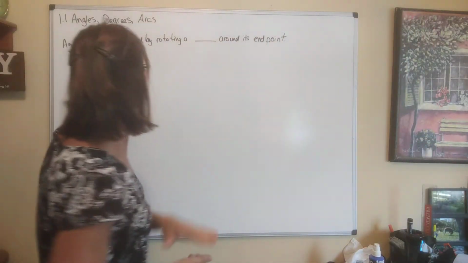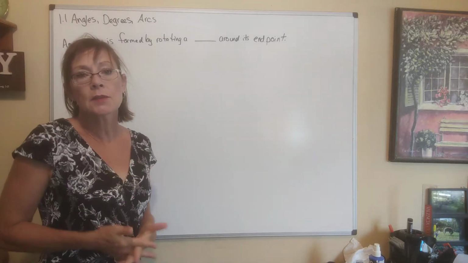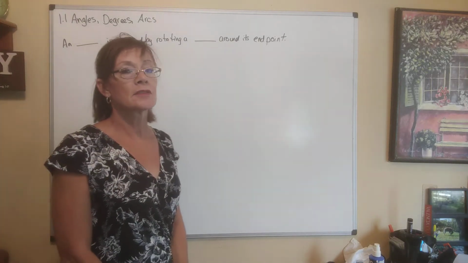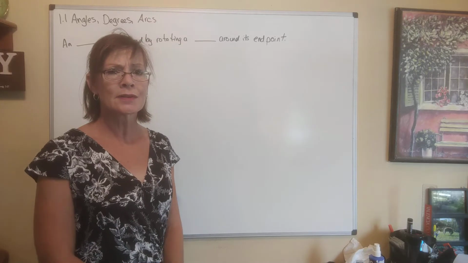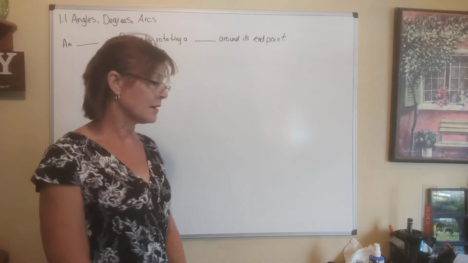Now we're ready for section 1.1. It's about angles, degrees, and arcs. This is kind of the beginning of trig. There's lots and lots of angles involved in trig and distances that we can learn to calculate on a piece of paper,